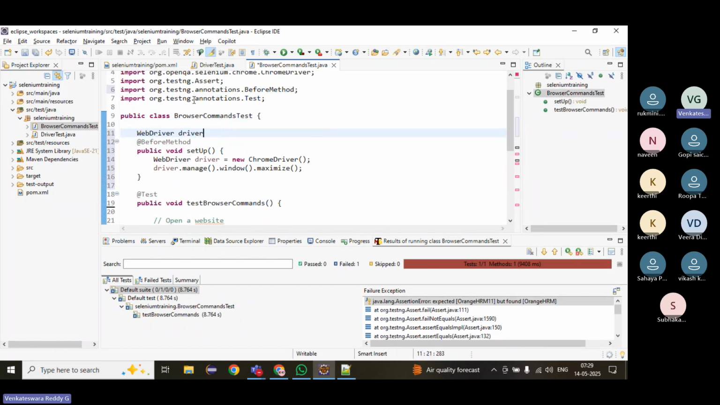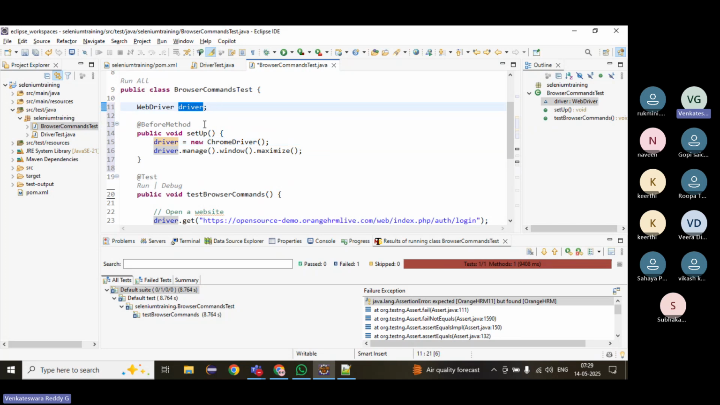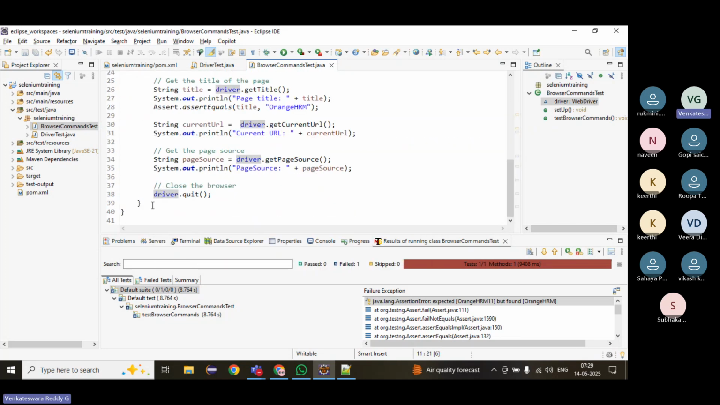Right, here I have to create, on top of the class, the instance variable and assign to that. So what will happen? It will be visible to the whole class. Now next, instead of closing the driver here,